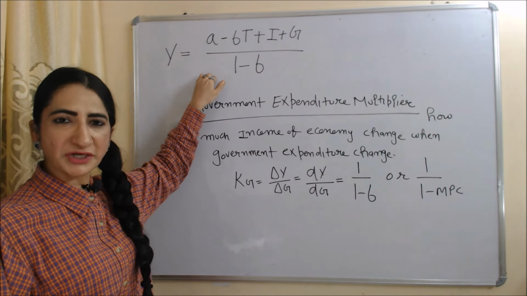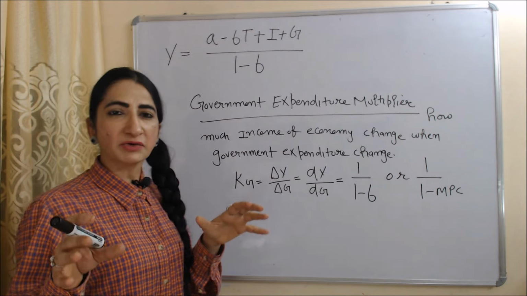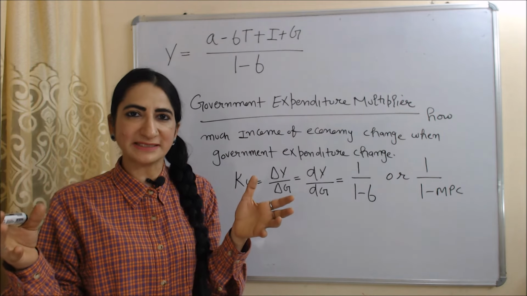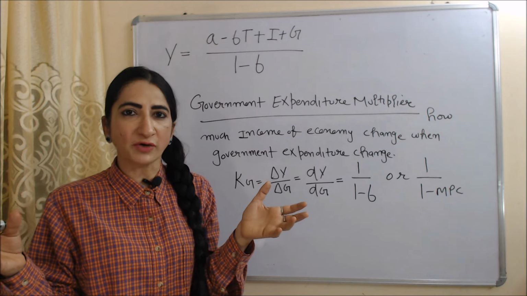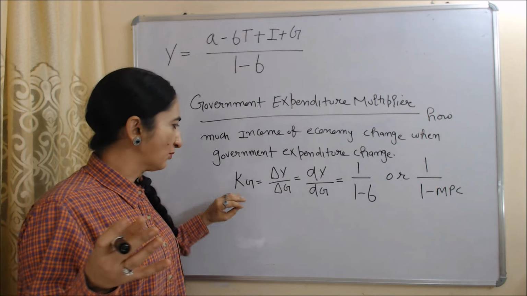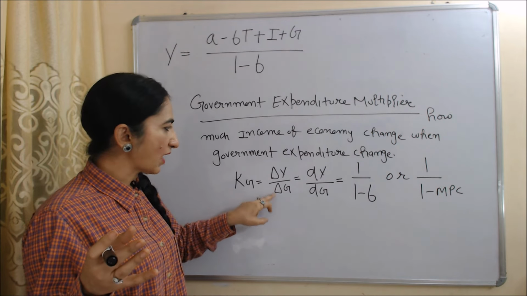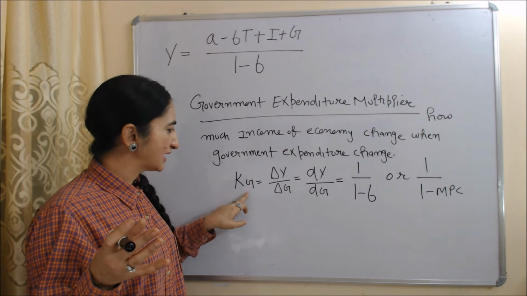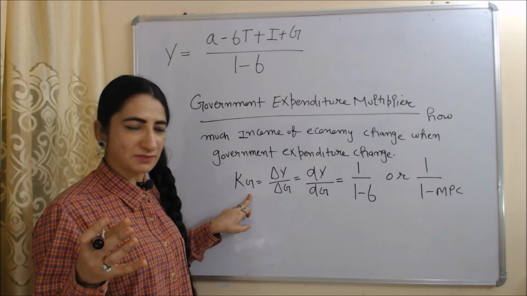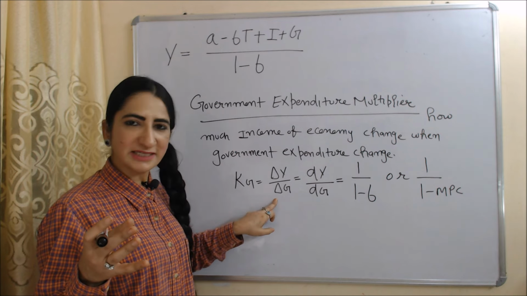Now from this equation we will calculate a value of government expenditure multiplier. Government expenditure multiplier basically tell us how much income of economy change when government expenditure change in economy. And formula of calculating government expenditure multiplier is kg equal to delta y over delta g. Here kg is a government expenditure multiplier, delta y is a change in income, and delta g is change in